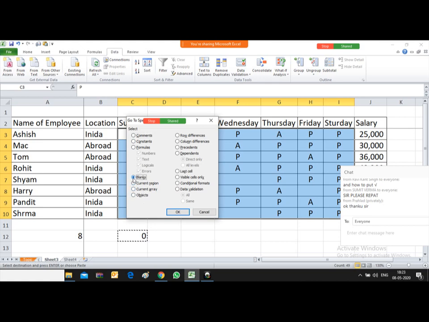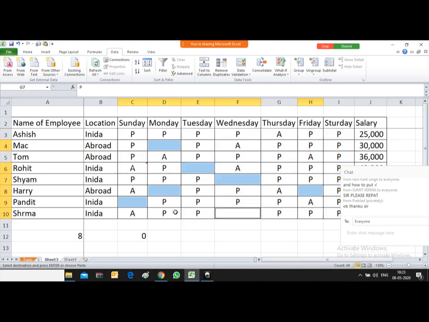Select blank, then press OK. All the blank cells are highlighted. Now just press enter, and you will see 0 has been inserted in all the blank cells. This is how you can insert 0 or whatever value you want in the blank cells.